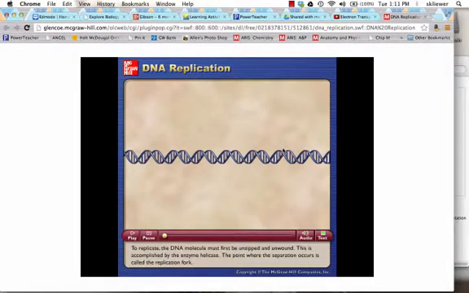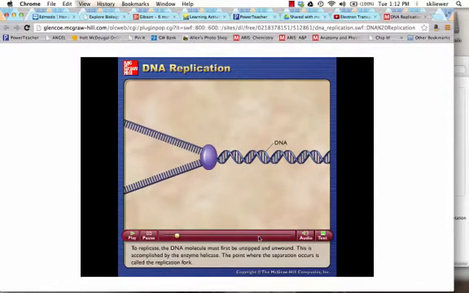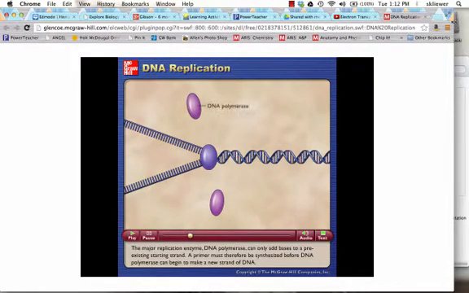To replicate, the DNA molecule must first be unzipped and unwound. This is accomplished by the enzyme helicase. The point where the separation occurs is called the replication fork. A major replication enzyme, DNA polymerase, can only add bases to a pre-existing starting strand. A primer must therefore be synthesized before DNA polymerase can begin to make a new strand of DNA. Another limitation of DNA